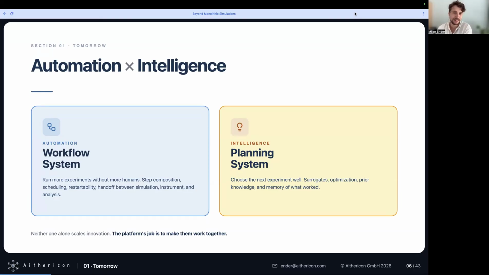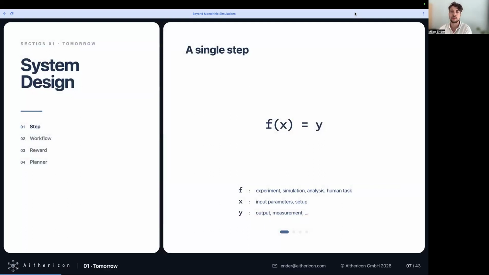I mean, it's still a lot of human work in between. But we can even make this human work more efficient, I would say, by giving it a proper architecture and better interconnection with the automated systems. So by that, I want to give you a rough model of how I think about a workflow system or the system design in the background for better automation, for better research.